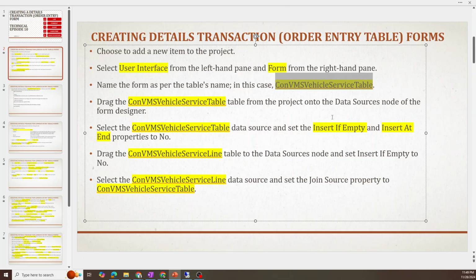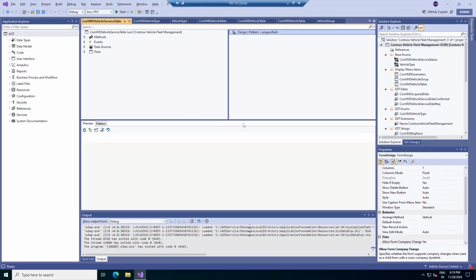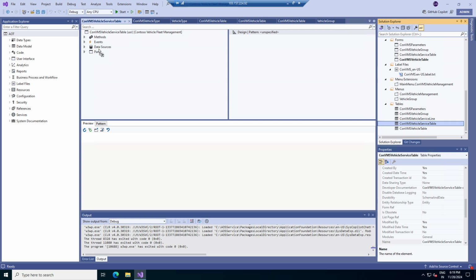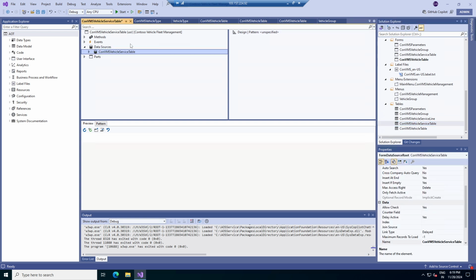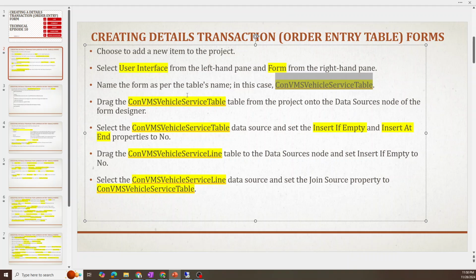Once the form is created, you can drag and drop this particular table onto the designer node, the data source node. A form is nothing but a representation of a table. So we need the service table, and we will put it in the data source. Now we need to select the convms vehicle data source node and